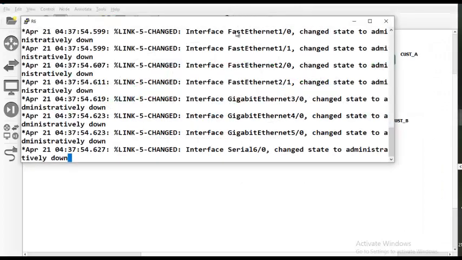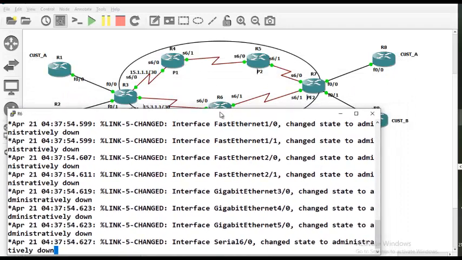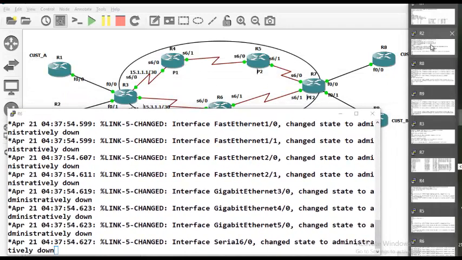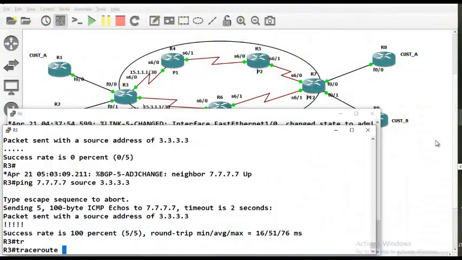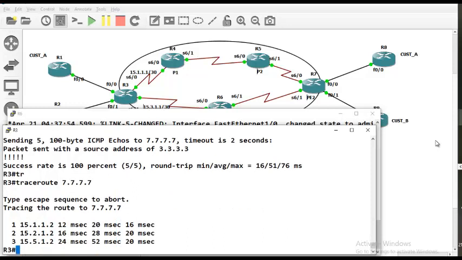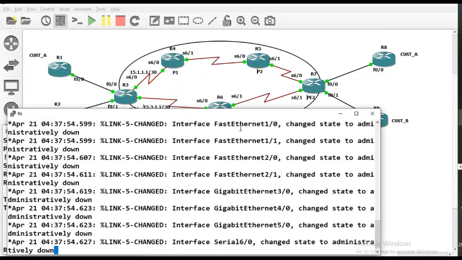So what I'm trying to verify is after I paste from R3, if I traceroute to 7.7.7.7, right now it is going via this guy, P1, which is 1, P2, and 5. Means it's going via the upper path. But after I paste this,